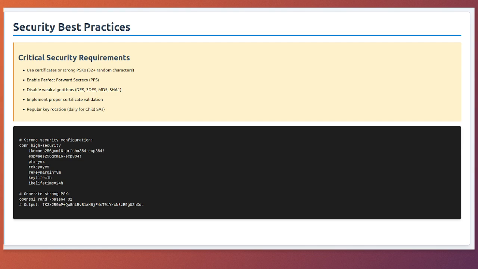Certificate-based authentication is superior for most deployments. Use certificates with at least 2048-bit RSA keys or 256-bit ECC keys. Implement proper certificate lifecycle management, regular rotation, revocation checking, and secure storage of private keys. Hardware security modules, HSMs, or TPM chips provide the best